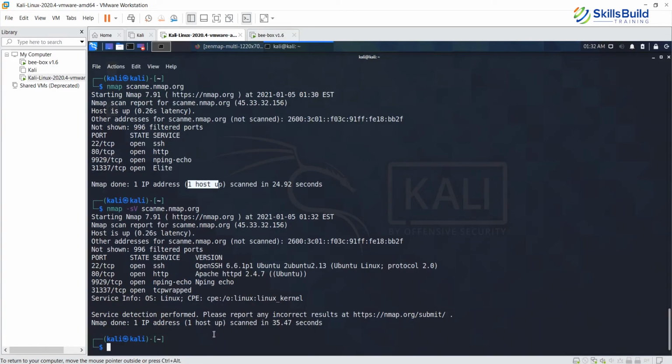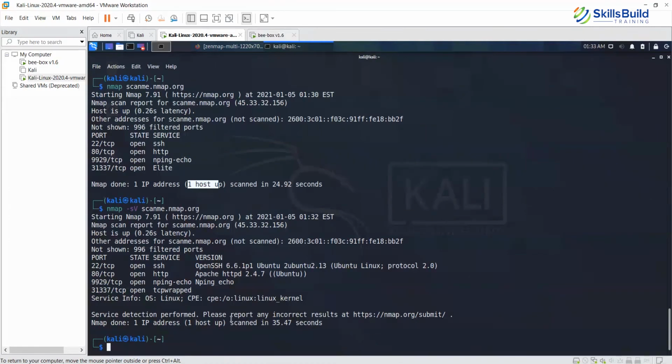So this is exactly what we had seen in the previous or the first command that we ran. So port 80, port 22, 9929, 31337. Now these are the services that are running and the ports that are open. Then you have the operating system as Linux, and then it is also giving some detail about the Linux kernel. So now this -sV, with s in lowercase and V in uppercase, does the service detection. So let's now move ahead and do another level of scanning.